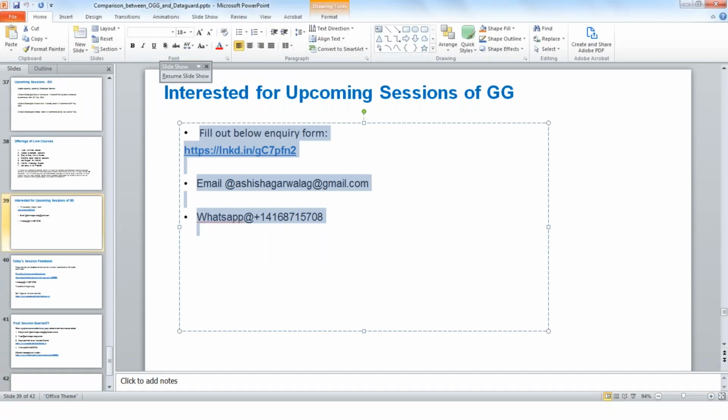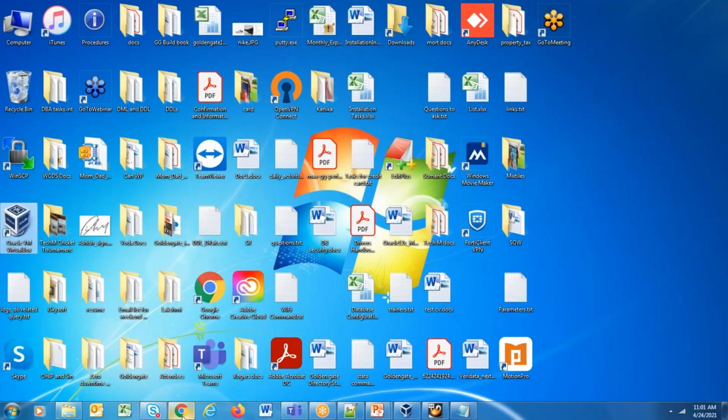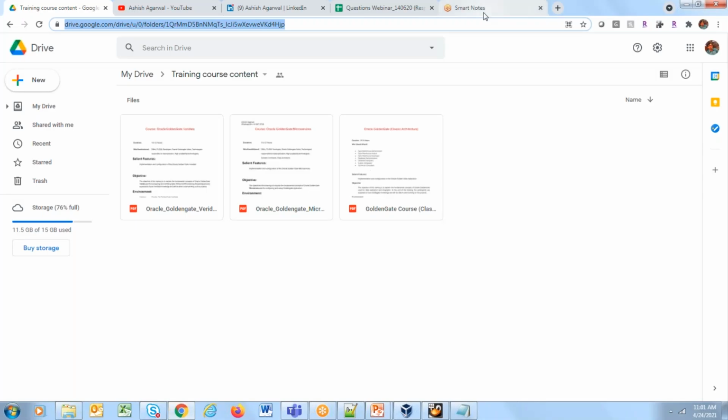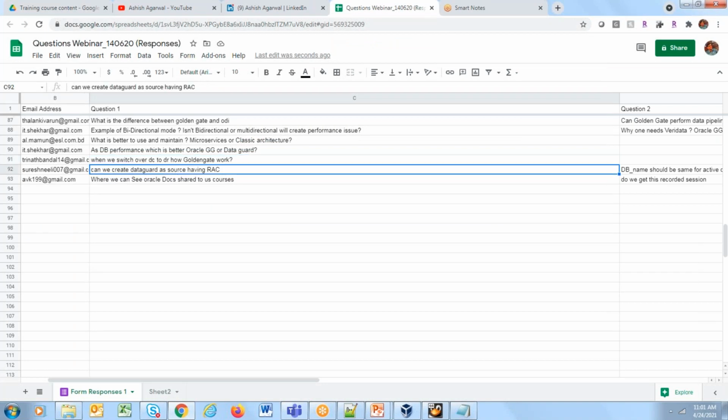So I'll take a few questions which are there on the Google form right now. Can we create data guard with a source having RAC? What do you mean by data guard with a source having RAC? It means you can create data guard for a RAC database.